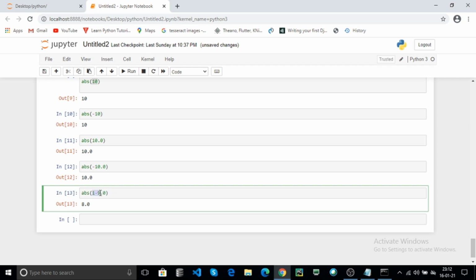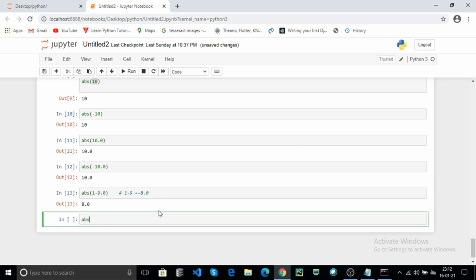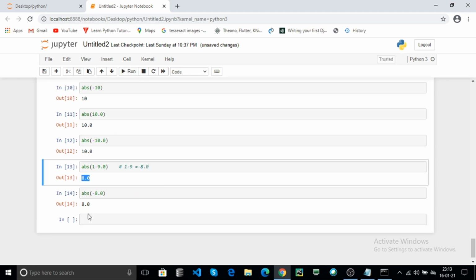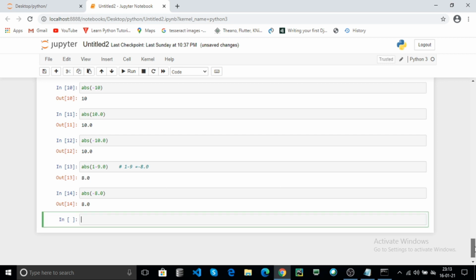First 1 minus 9 gives minus 8, so the result is -8.0. The abs of -8.0 is 8.0. Now the next built-in function,